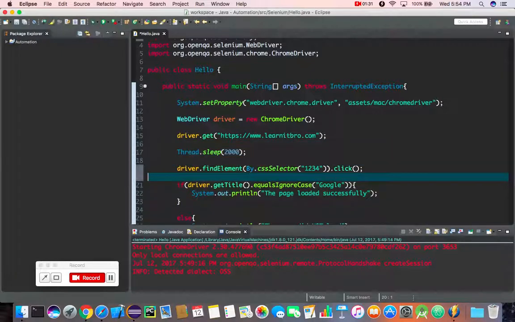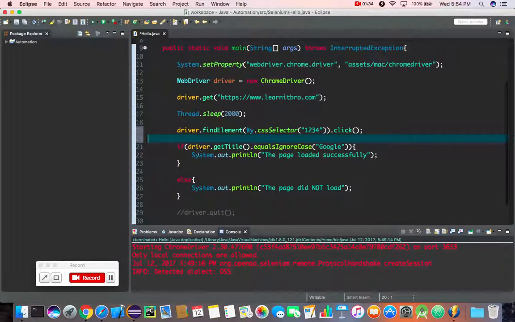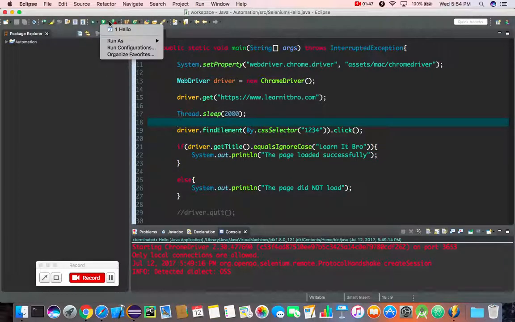And then after that, it's supposed to test getting the title, which we learned from the last time. And I'm actually going to do this one as it should be. So technically, I should have a path in here. But let's see what actually will happen. So if I give it a run,